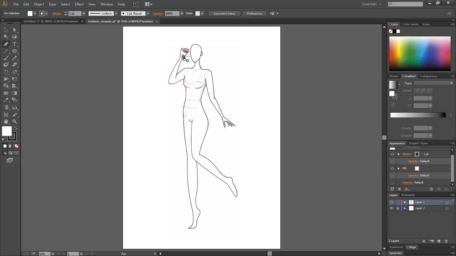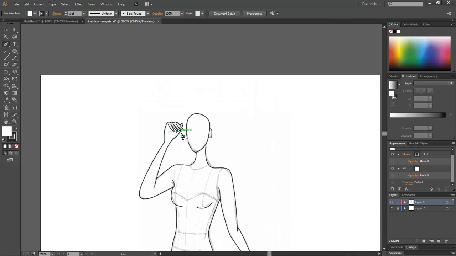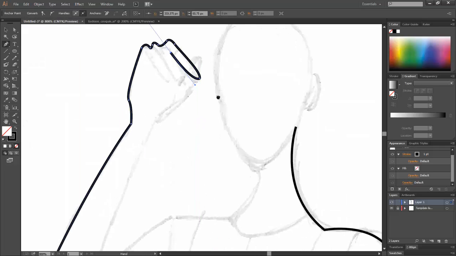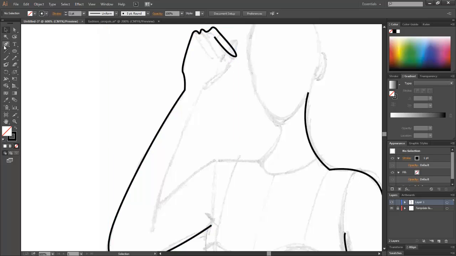So now we do the thumb. Or actually, from the top of the thumb here, if we just zoom in on this bit as well, so we can see exactly how this was drawn. Well, actually, it's just the top of the thumb and down into the crease of the elbow again. So it's from this point here, including the thumb. So let's ensure that we're creating a new path here. So we come from this point here,